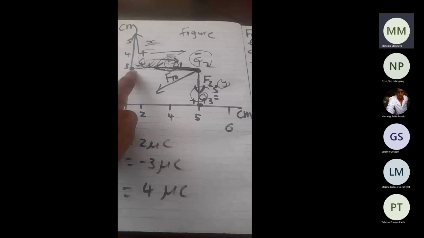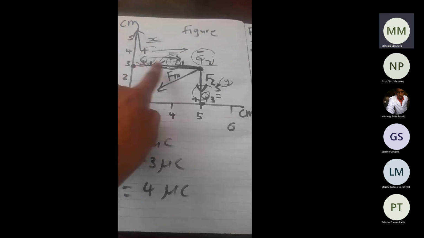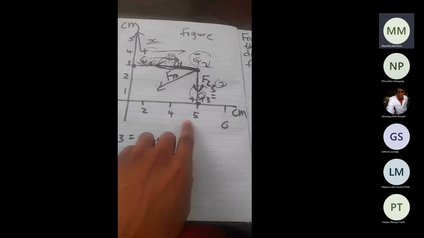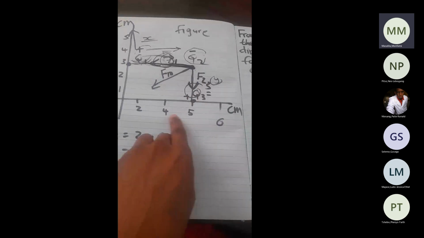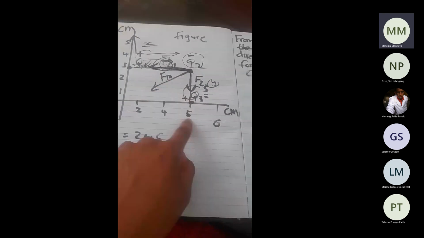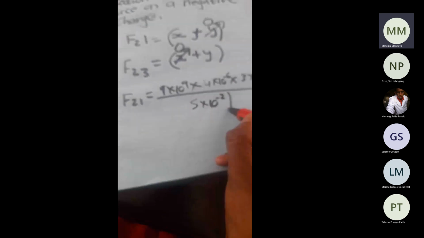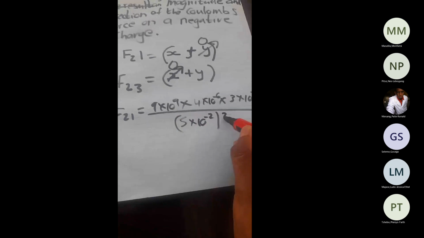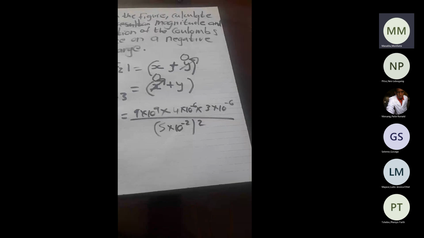So the distance between Q1 and Q2, you can see that it is 5 centimeters. We see 5 centimeters again. So it means 5 times 10 negative 2. I can convert that to meters squared. But this is the only force. It is